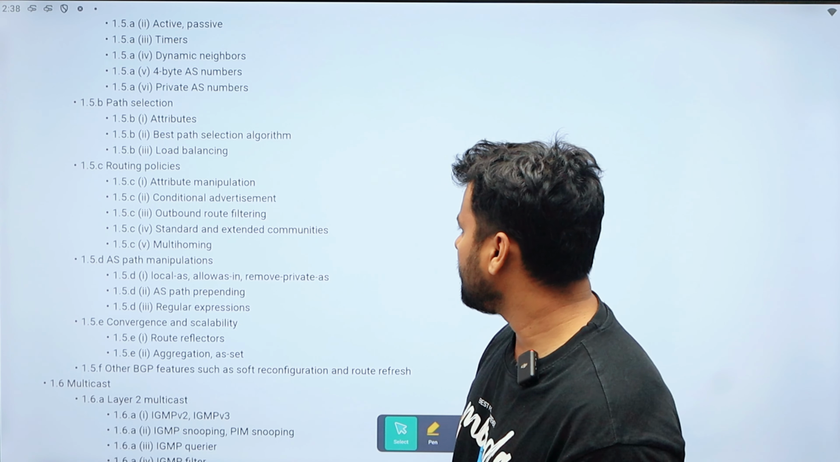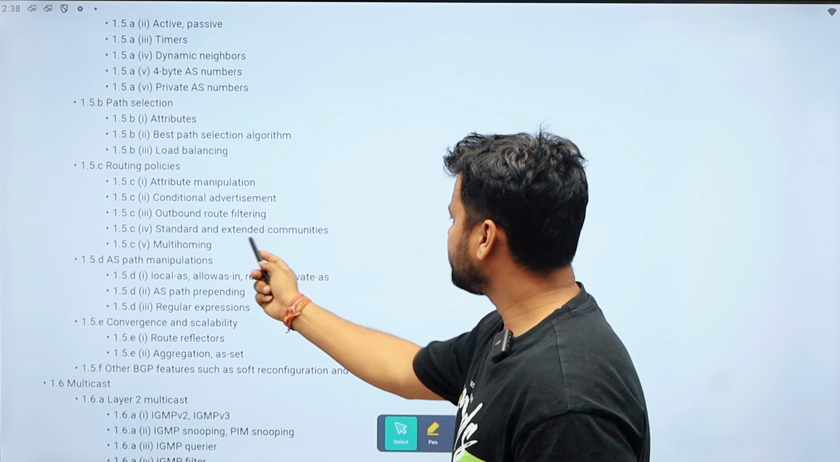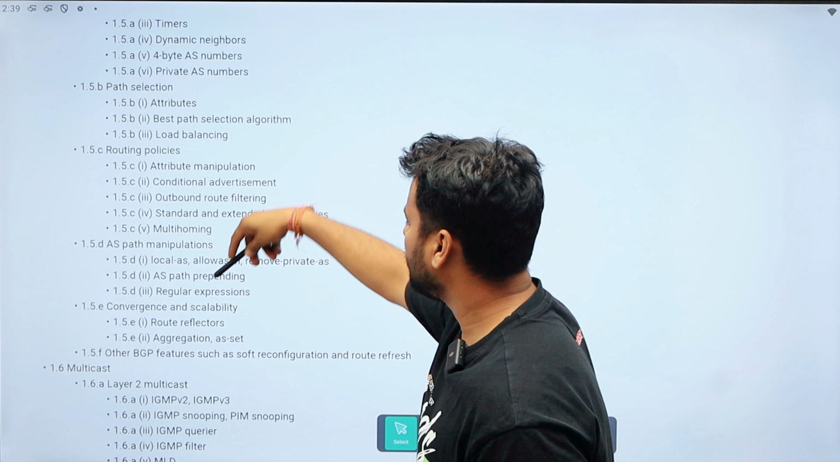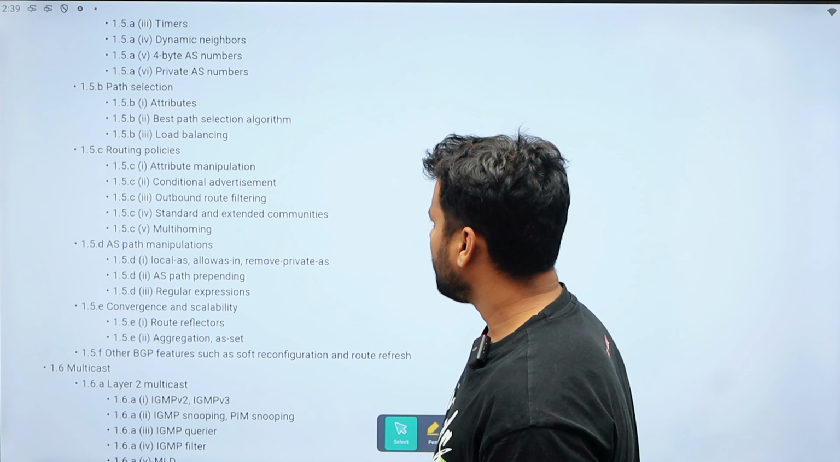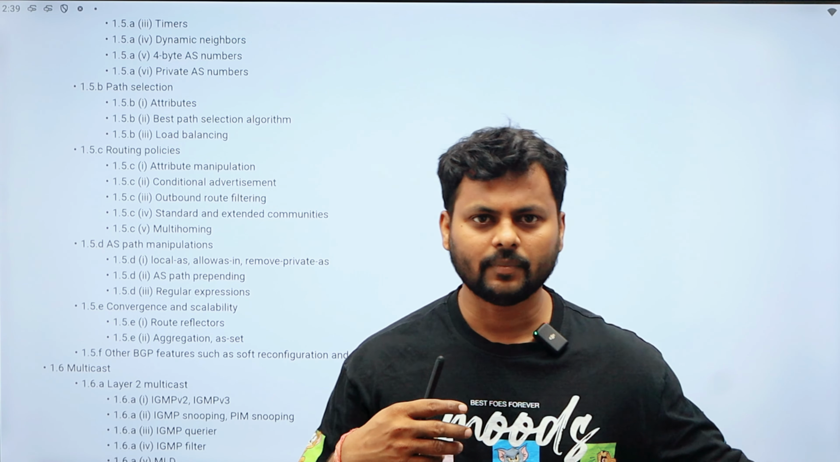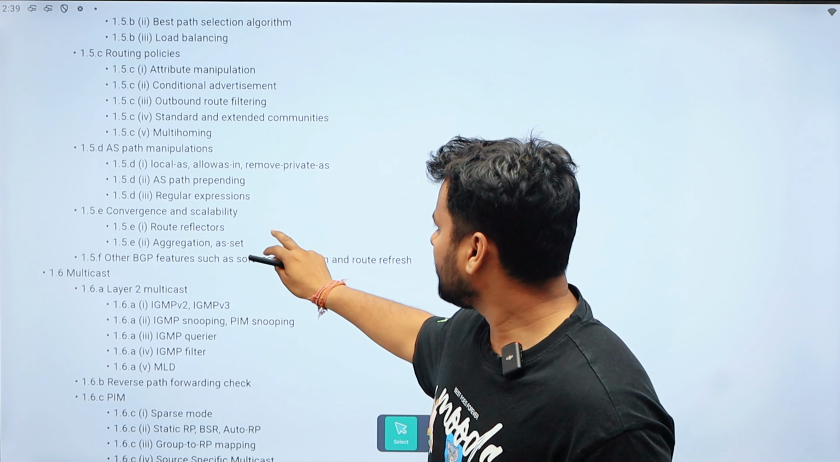Routing policy, how we can make a conditional advertisement, route filtering, extended communities, and multi-homing, right? These are good topics from the policy perspective. Whenever policy comes into the picture, you think about either manipulating or filtering routes. Path manipulation, we have